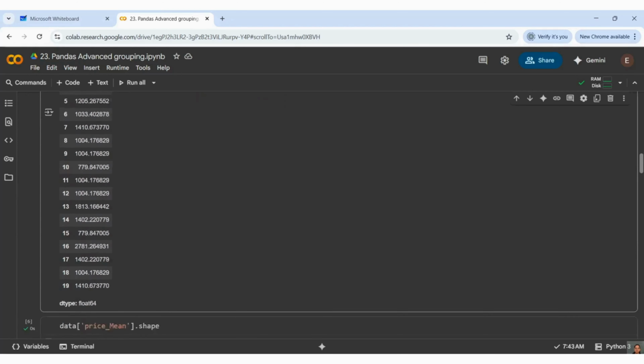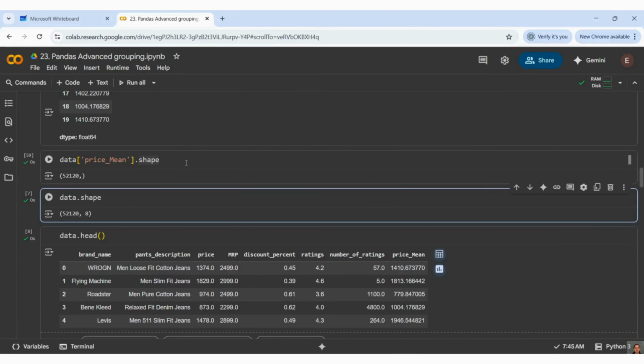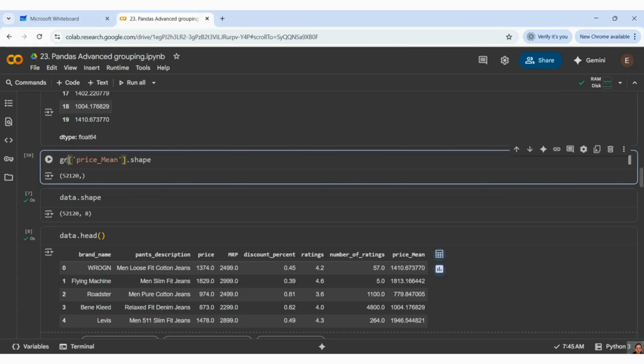Now we will see the shape of it again, just to cross verify how transform works. We see that my shape is not changed, right? After the output, I need to get the grouped shape, right? Grouped.